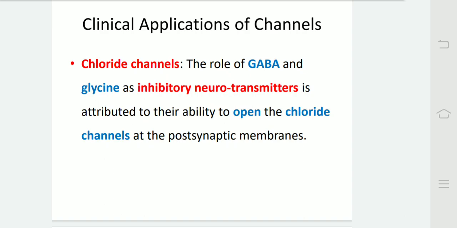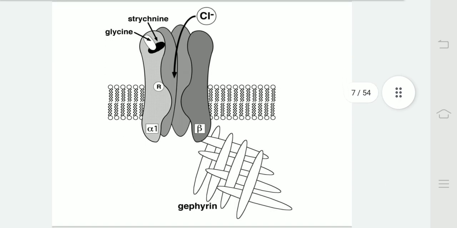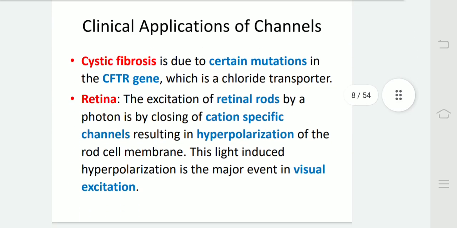Chloride channel. The role of GABA and glycine as inhibitory neurotransmitters is attributed to their ability to open the chloride channels at the postsynaptic membranes. In this diagram, we can see that strychnine and glycine are inhibitory to chloride channels. Cystic fibrosis is due to certain mutations in the CFTR gene, that is, cystic fibrosis transmembrane regulator protein, which is